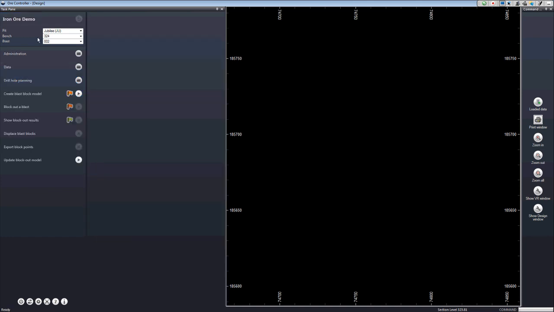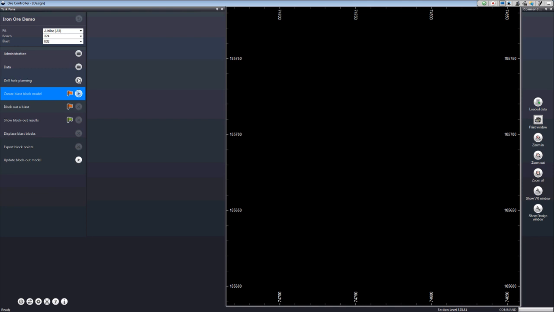So now let's go back and look at blast number 2, which is in an area that's already been drilled, and we want to go through the various activities that will process this so that the production department knows how to load and how to truck this material.